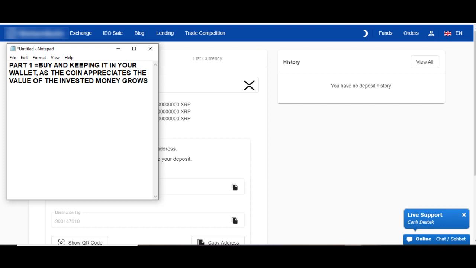That was what I talked about in part 1, whereby I talked about using some investing apps like the Coin Codex app and the Coin Direct app.